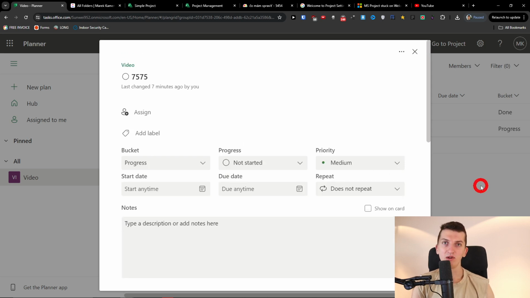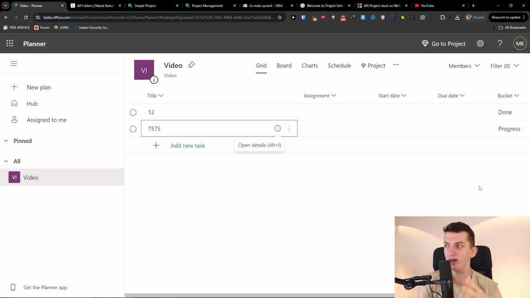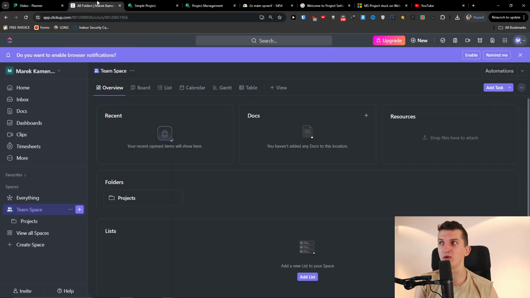Really simple tool. Now, the one benefit of Microsoft Planner is that you can just connect it with other Microsoft products. In that regard, big thumbs up. But that's it, right? Now, when we look even further at ClickUp,